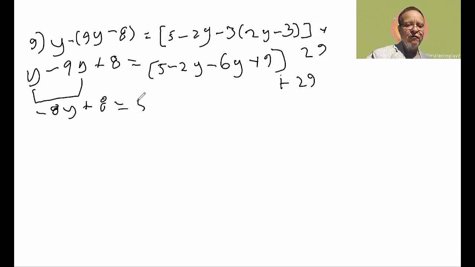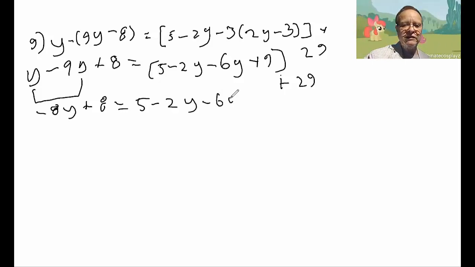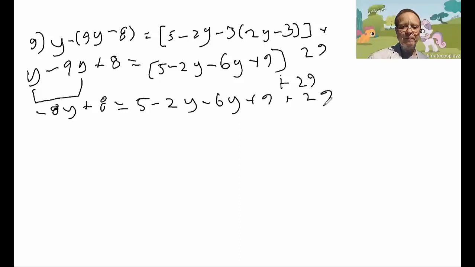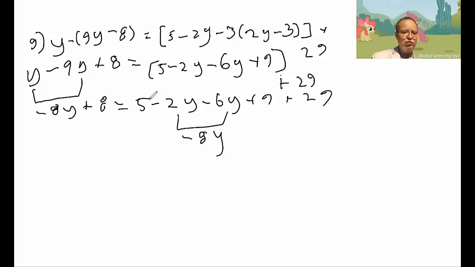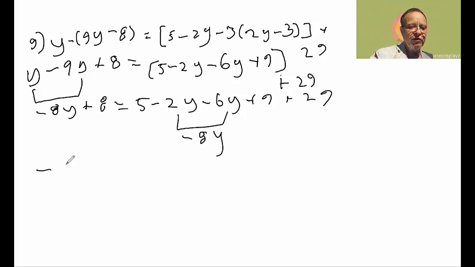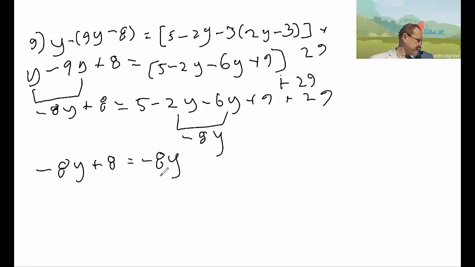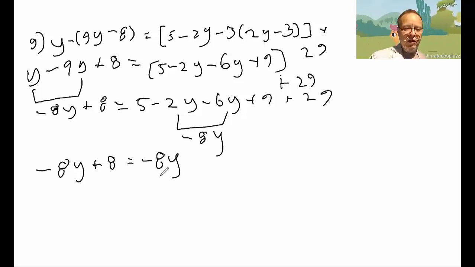So we have 5 minus 2y minus 6y plus 9 plus 29. Now we have our y's, and we get minus 8y. And then we add up all our other terms too. So we end up with negative 8y plus 8 is equal to negative 8y plus